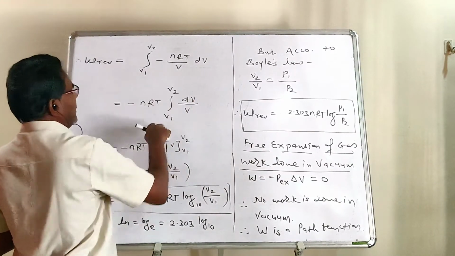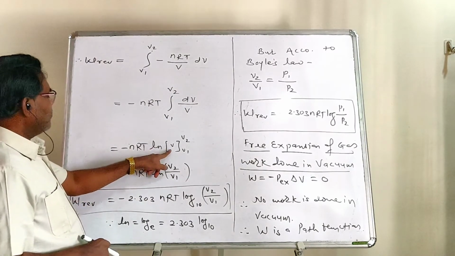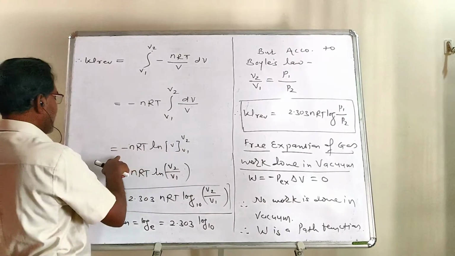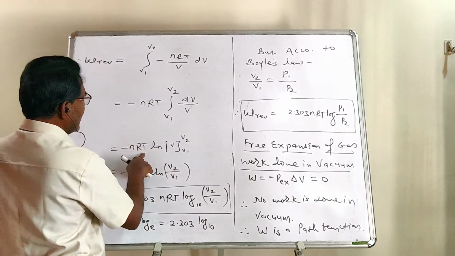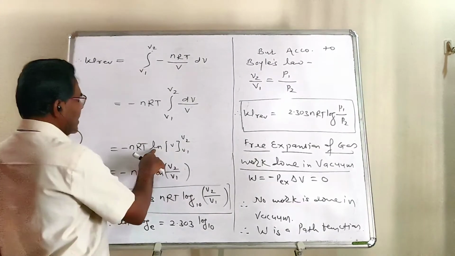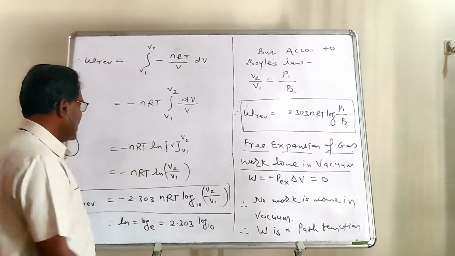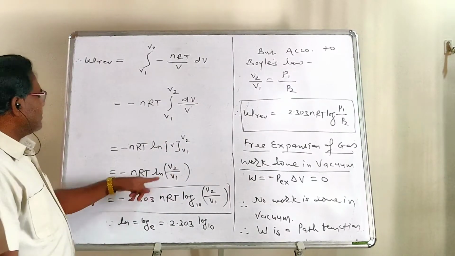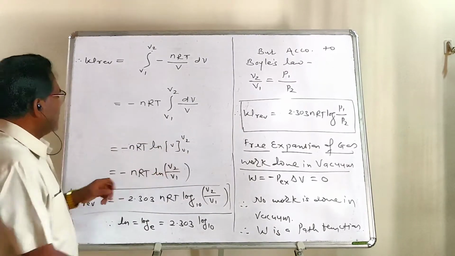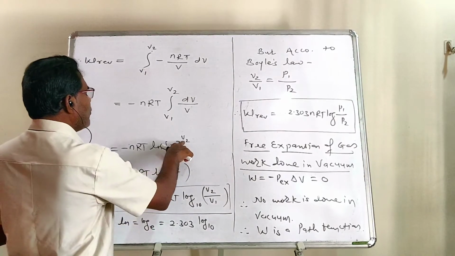इंटीग्रेशन ऑफ dV by V between the limits V1 to V2 it will be equal to natural log of V between the limits V1 to V2. और अगर हम इसे फिर सिंप्लीफाई करेंगे इक्वल्स टू माइनस nRT ln यानी नेचुरल लॉग ऑफ V between these limits, लोअर लिमिट V1 अपर लिमिट V2. और अगर इसे हम सिंप्लीफाई करेंगे प्लेसिंग अपर लिमिट माइनस लोअर लिमिट वी गेट माइनस nRT natural log of V2